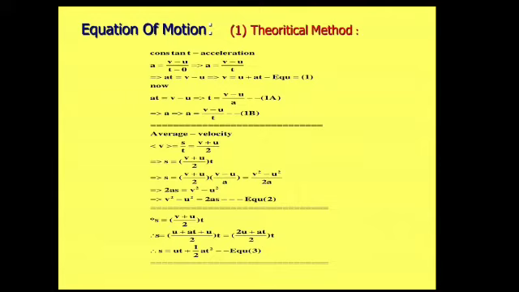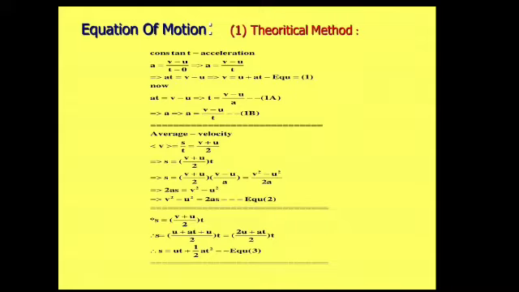Now the theoretical method. In this method we take a equal to v minus u upon t. Hence at is equal to v minus u. So v is equal to u plus at. This is the first equation of motion. For the second equation of motion, by taking average velocity